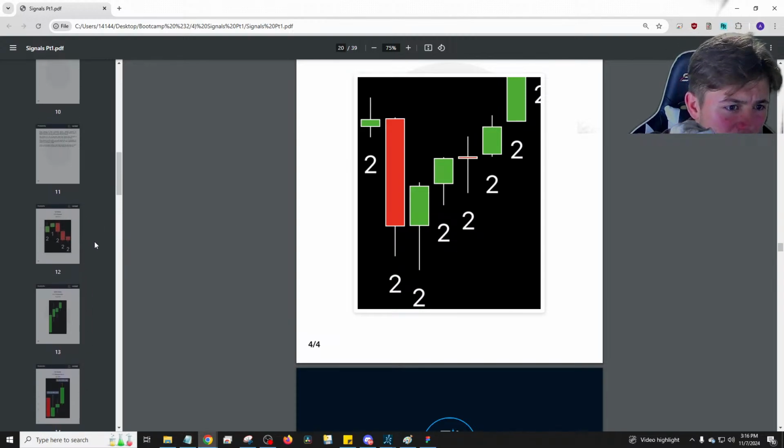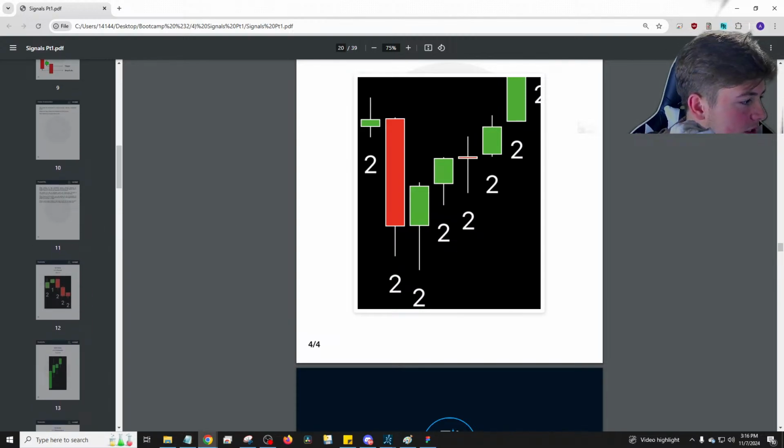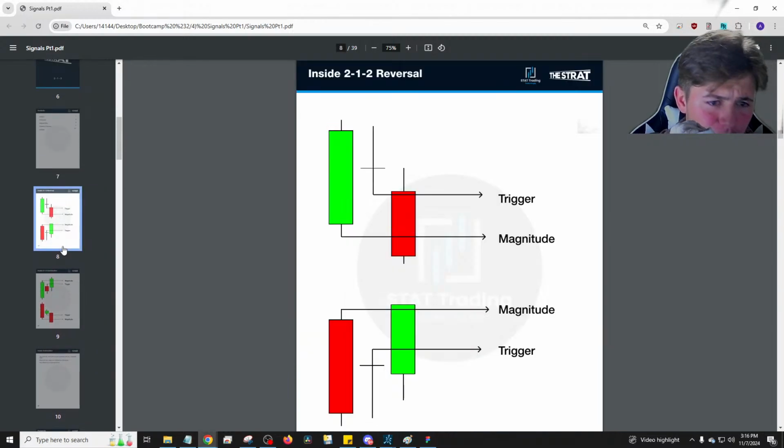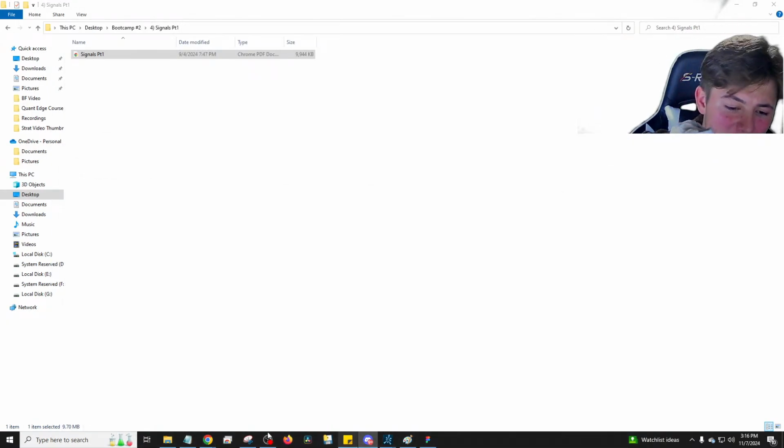Now, if we quickly go back to the inside bars, when you have just an inside bar, the stop is the high of the bar you enter on for a bearish signal. It's also the low of the bar you enter on for a bullish signal. When you are trading momentum, the stop is very different. And if we go back here